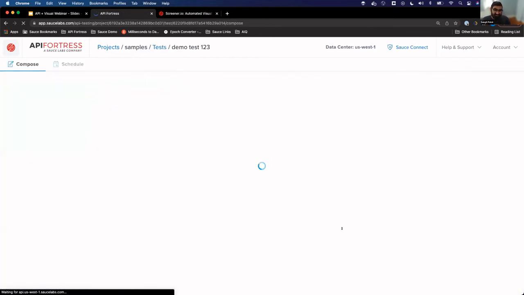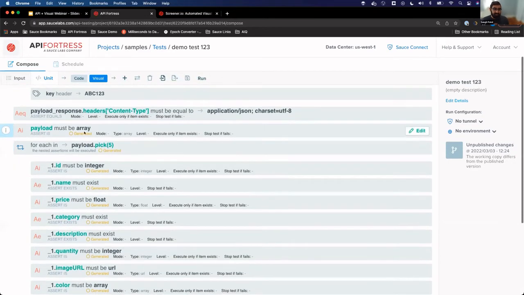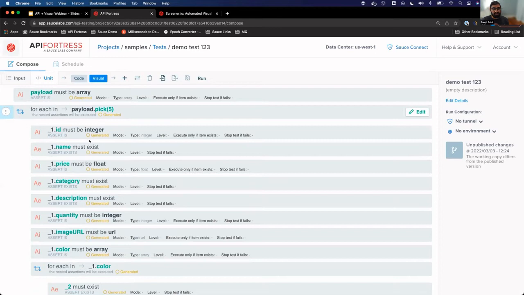So if I go ahead and write that one right there, you can see that the tool is actually going to create an automated test for you. And what the test is going to do is validate the things that we were talking about. Make your request, validate the return type, headers, validate all of the objects that are being returned, and not just